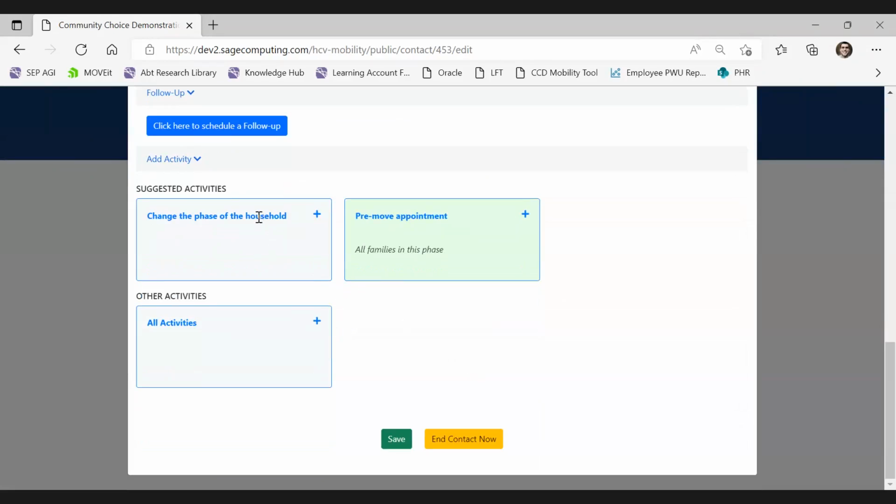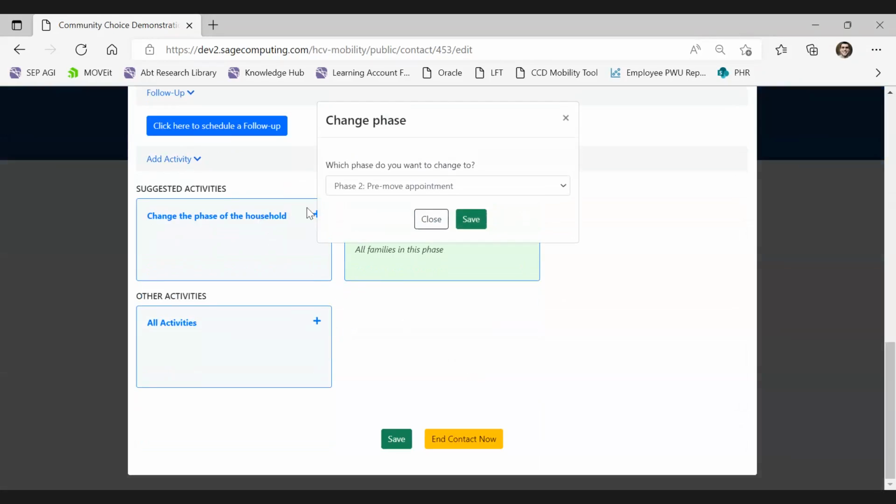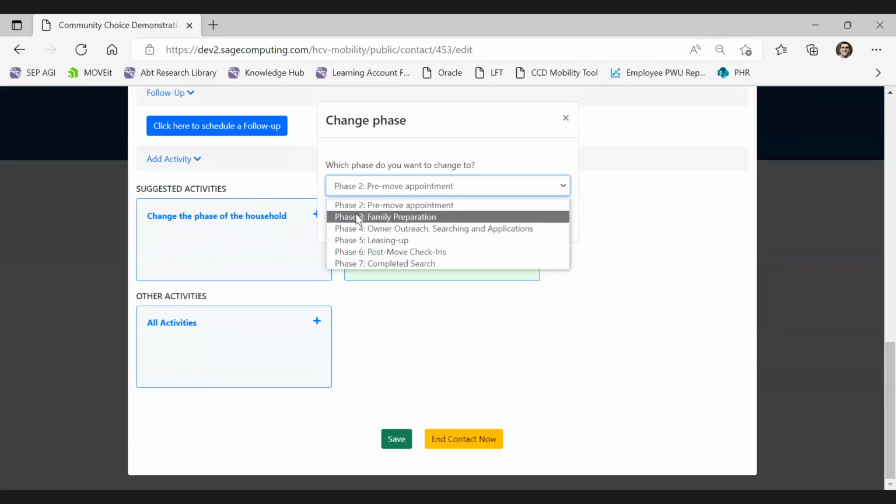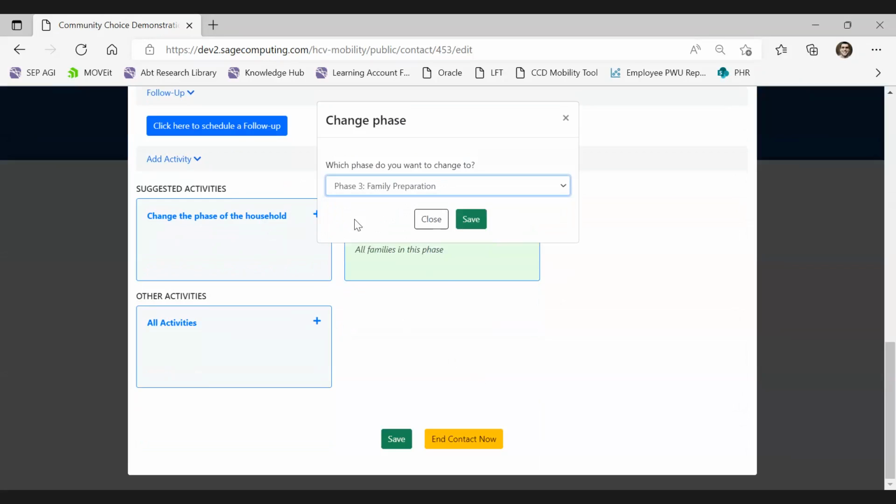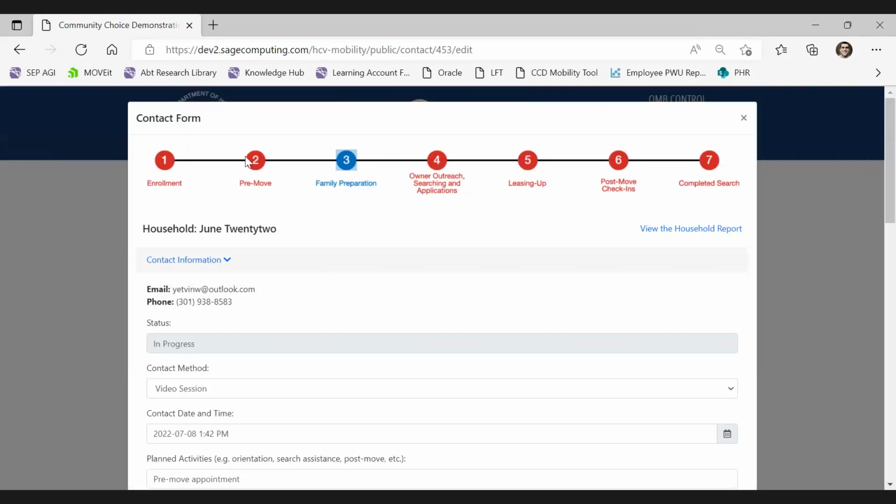So you can click the change the phase of household activity. Click on phase 3, family preparation, and click save. And now you can see that the household is in family preparation phase 3.